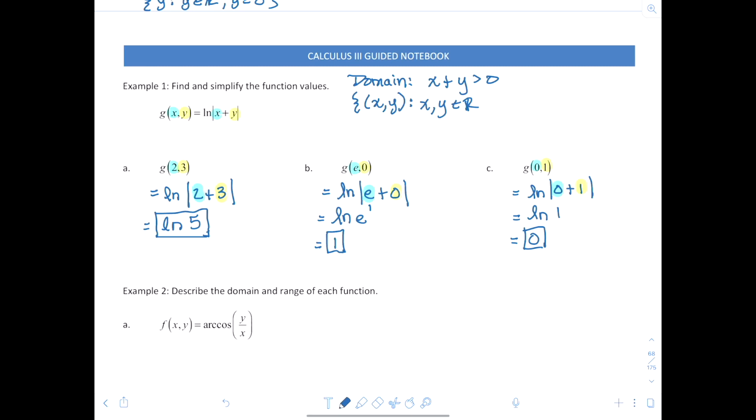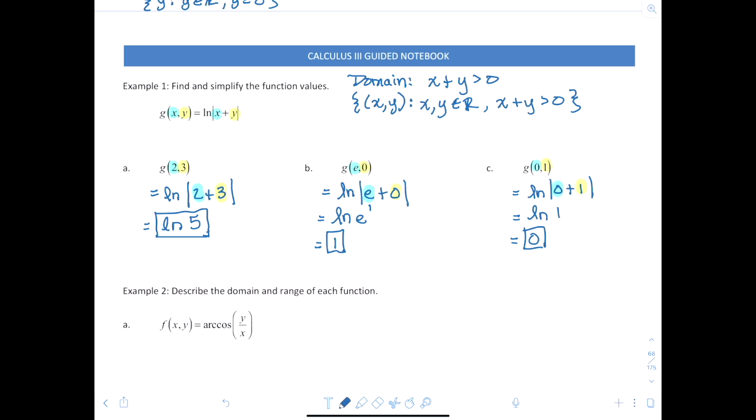They belong to the set of real numbers, and good, x plus y, that sum, has to be greater than 0. Awesome. Cool. Okay, so now